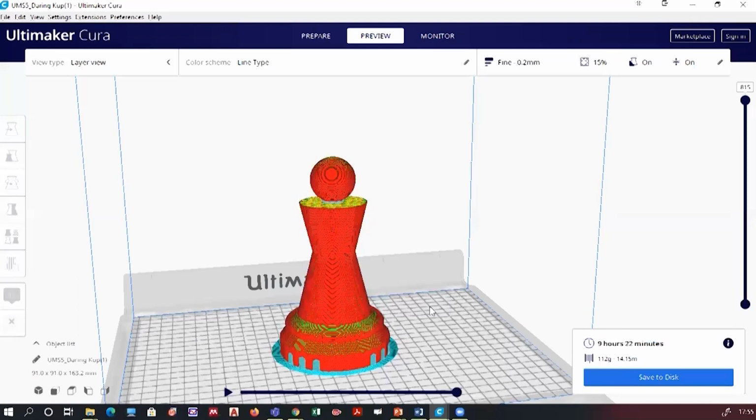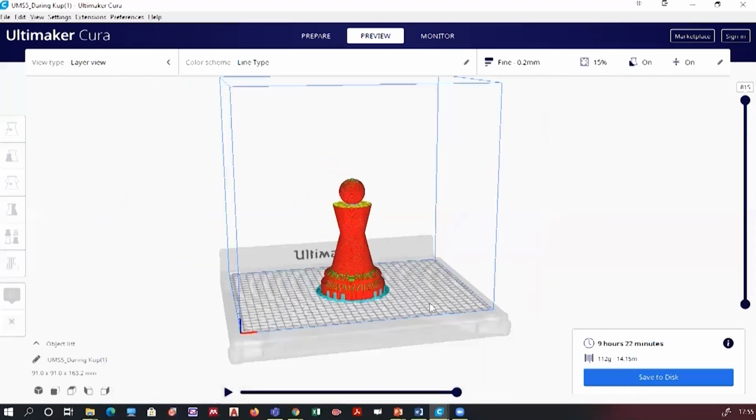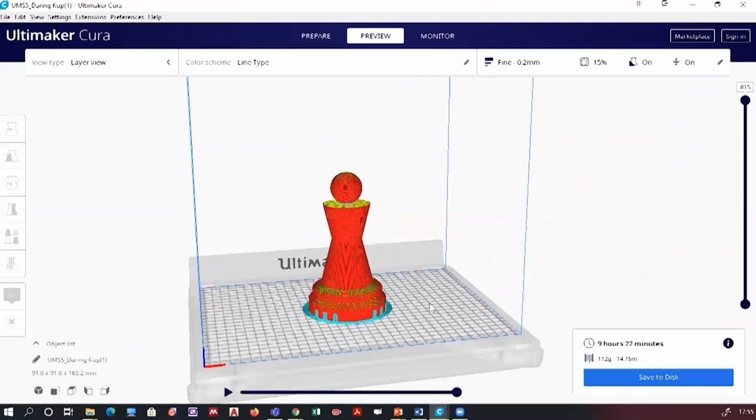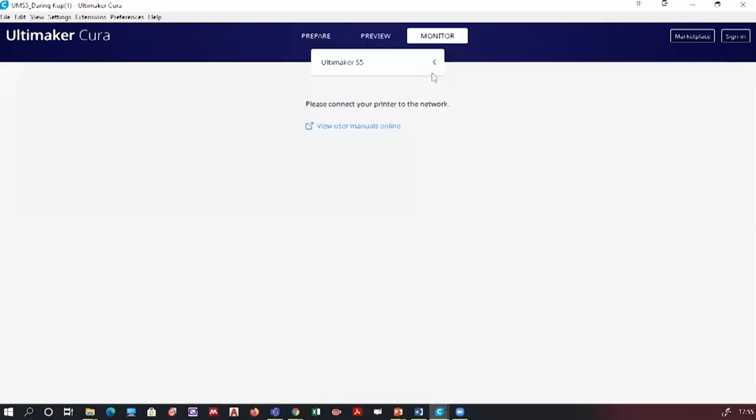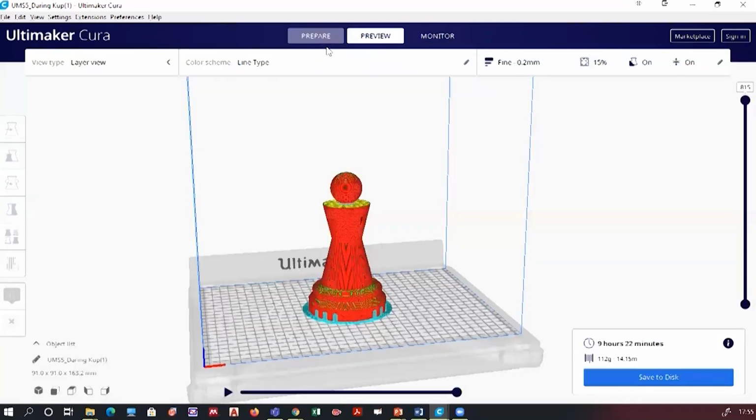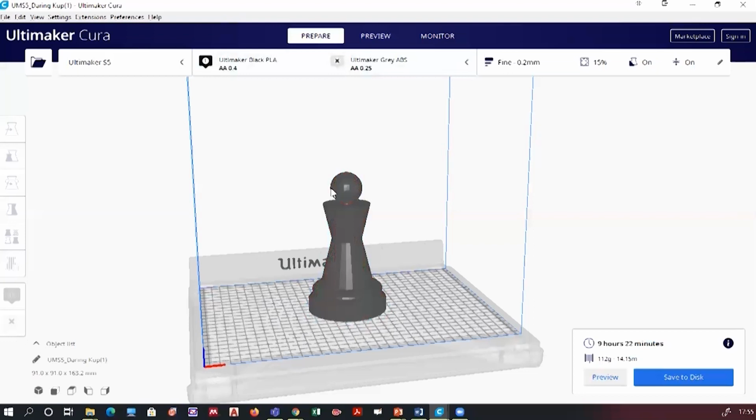So this is the way in which slicing happens. I just wanted to tell you that. I hope after this, the printing will not be difficult. Any software, any type of printer will definitely have this slicing software. The interface may change, but the settings will be somewhat like this.